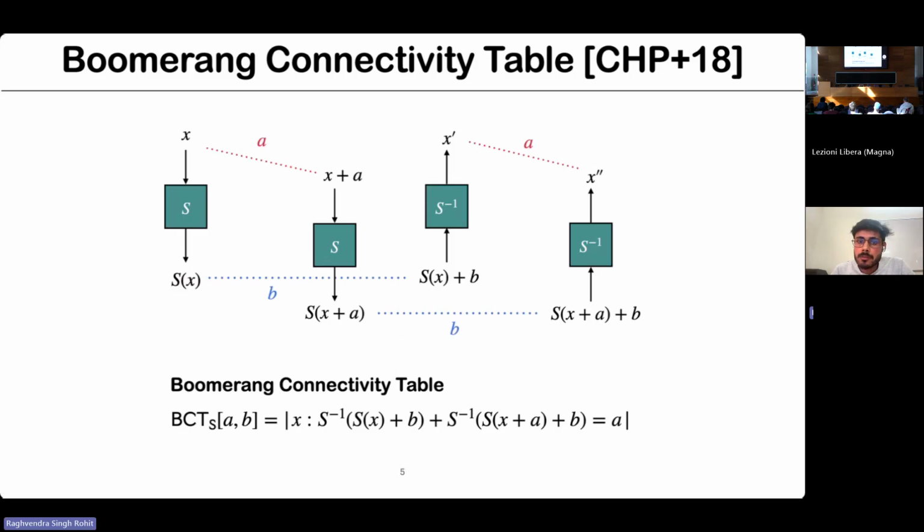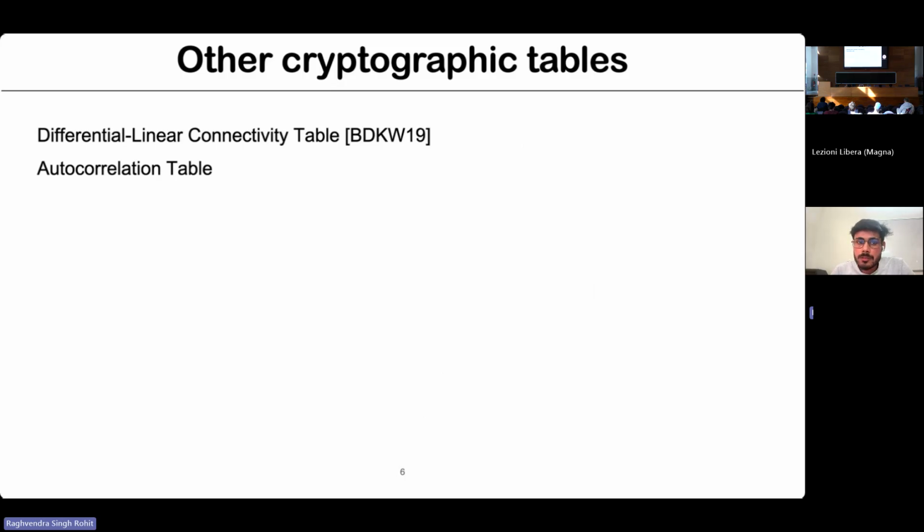Another important table, which involves the inverse of the S box, is the boomerang connectivity table. For the input difference A and some value B, we define the boomerang connectivity table of the S box S at points A and B as the number of solutions x where S inverse of S(x plus B) plus S inverse of S(x plus A plus B) equals A. There are some other cryptographic tables as well, for example the difference linear connectivity table, the autocorrelation table, and some variants of the boomerang table, like the upper boomerang connectivity table and